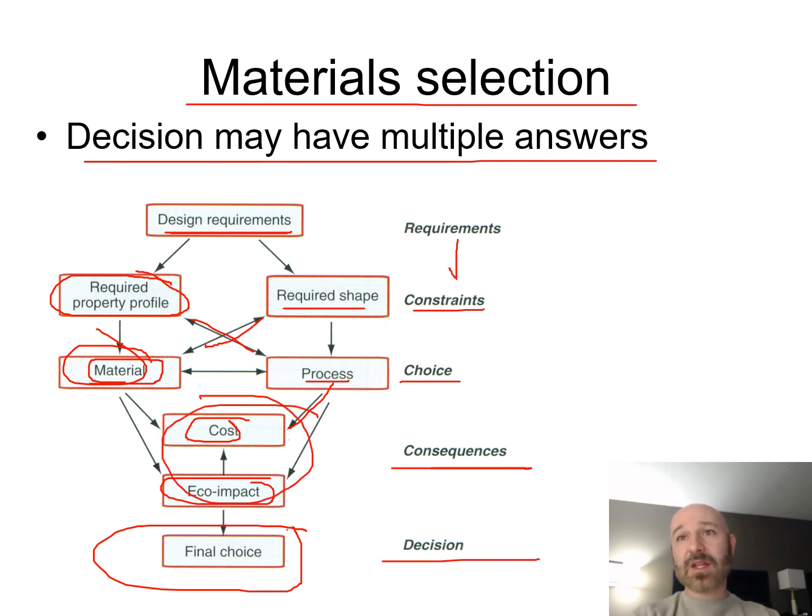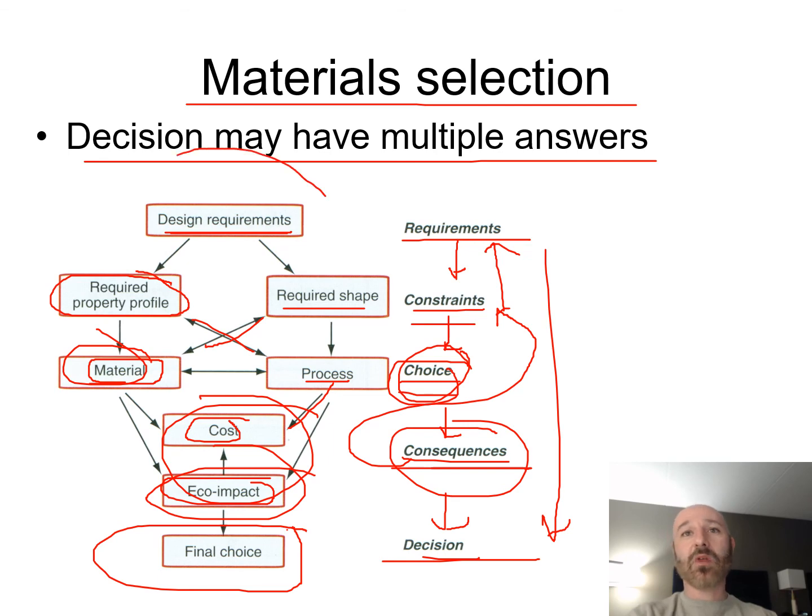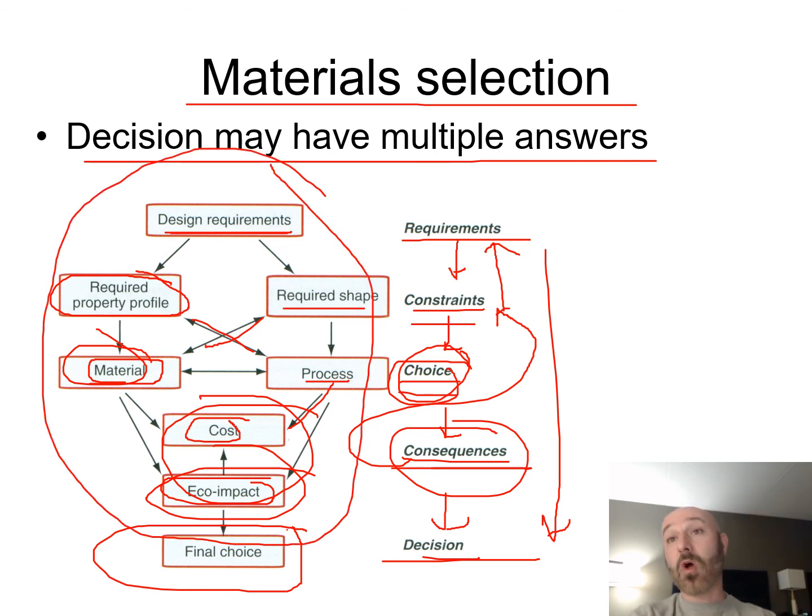So in a sense, you can think of it as a linear process, but you might get to that choice and find out that these consequences are unacceptable. So you go back up and double check your constraints, and is there something different there, and does it still meet those requirements? You make a new choice and go down through, and maybe that has some bad ecological impacts, so you go back up again. So it is an iterative process that you need to go through with material selection, even if, thinking requirements, constraints, choice, consequences, decision, it looks like a straightforward process. Really, you have a lot of this going on, and there are multiple answers for all of